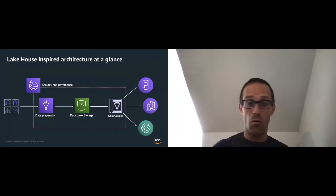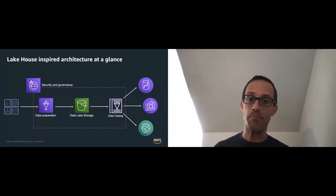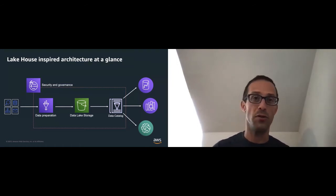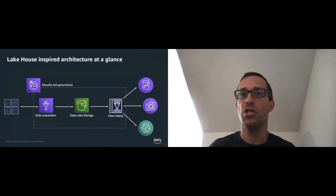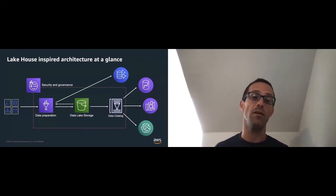And once the data is cataloged and secure, now you can start accessing it. Whatever that may be, right? This is typically analytics, machine learning. We always talk about that. But what if I have some other purpose-built stores like a transactional database or a time series database or a graph database? That's not necessarily an analytics use case, but it is a way for me to analyze the data in different ways. I want to be able to have a mechanism to take the data from the data lake,